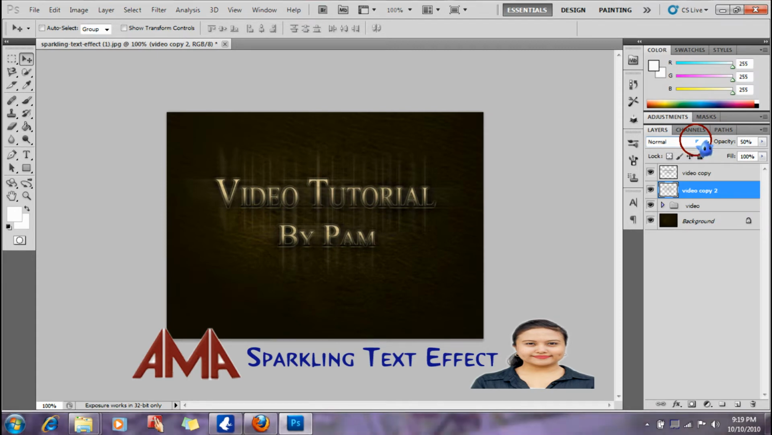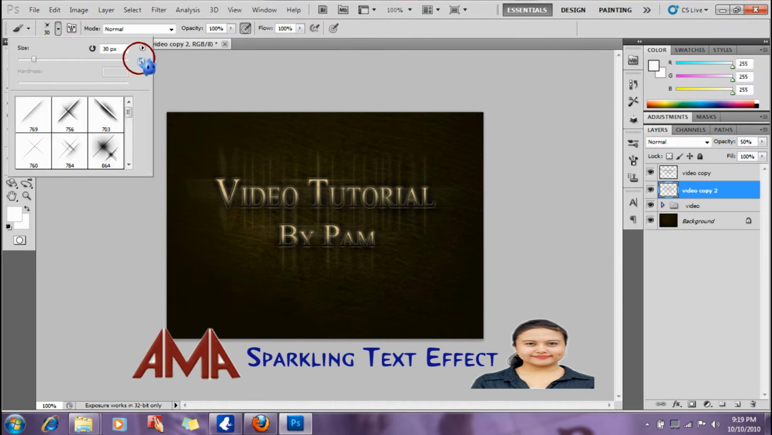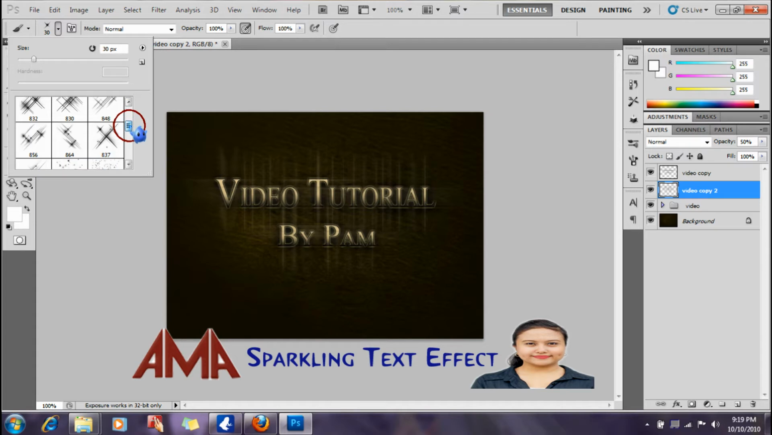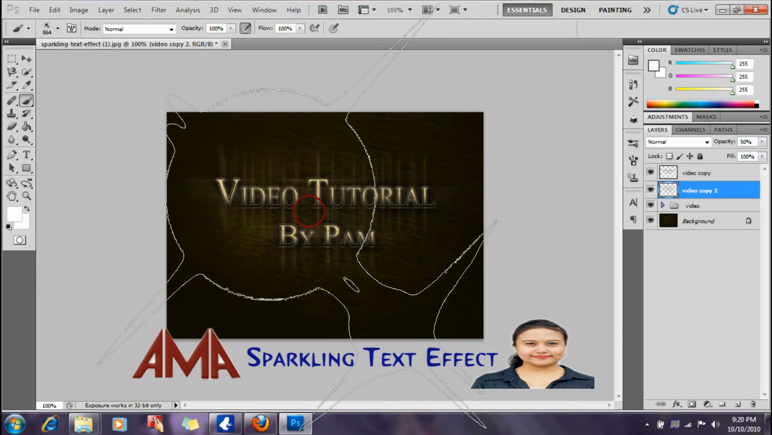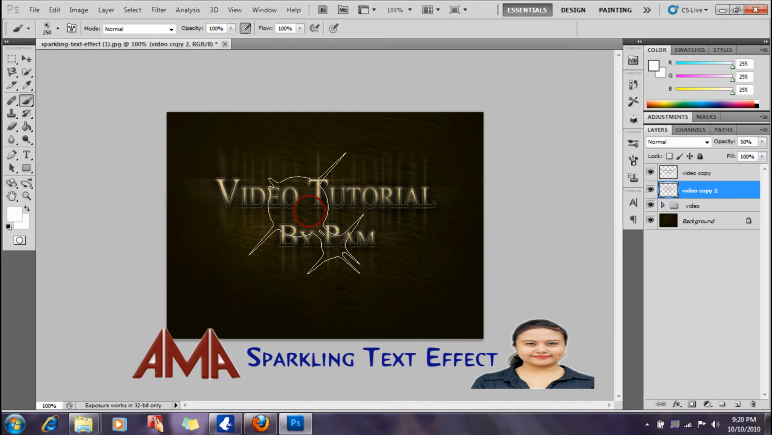Alright, so now this is your final text effect, and you can add something shiny like star brushes. So I will use this star brush, and I've selected a somewhat sparkling brush. To make it smaller, I've used the bracket